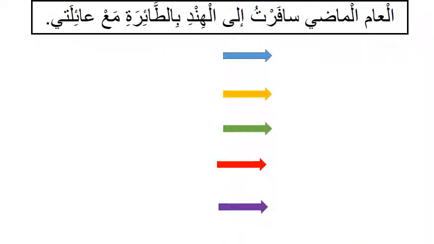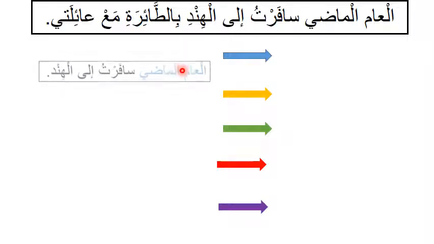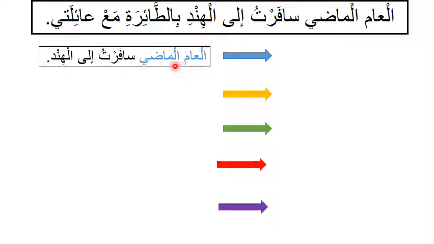If your sentence is getting longer or becoming a paragraph, you need to cut it into parts. Let's see how we can do that. العام الماضي سافرت إلى الهند بالطائرة مع عائلتي. Last year I traveled to India by aeroplane with my family. Let's cut this sentence into smaller parts so that we can determine the words that we need to ask about. مثال, example. العام الماضي